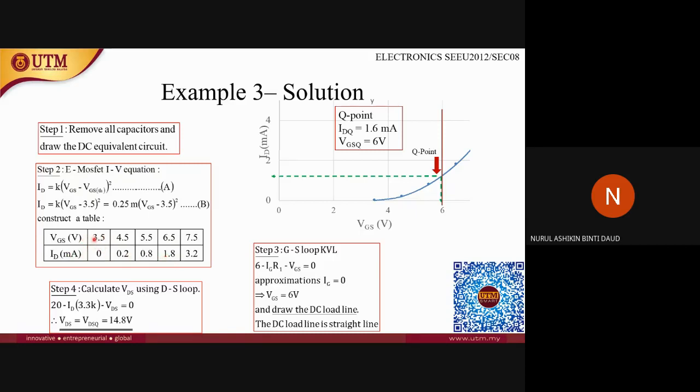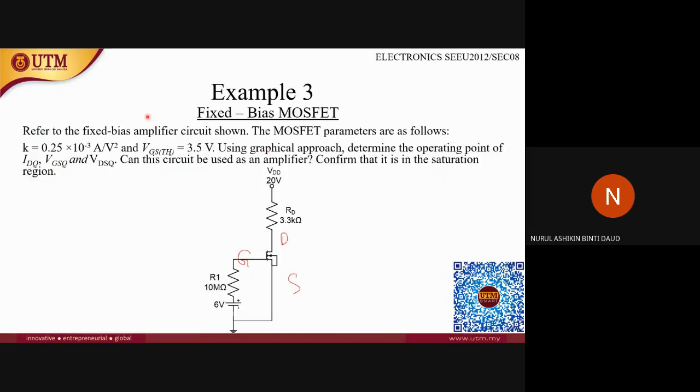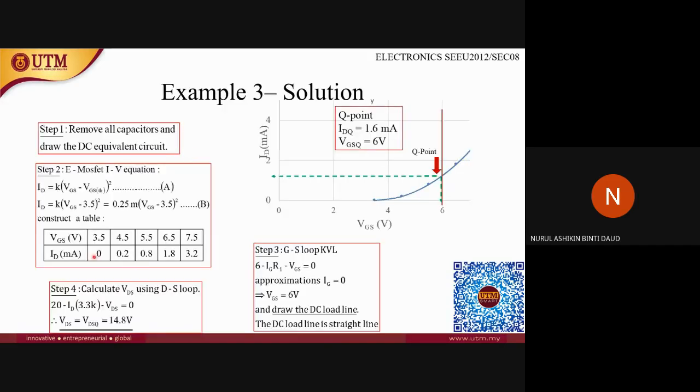So VGS value, start with above 3.5 volts, okay. You need to choose a value above 3.5 volts, because lower than 3.5 volts, the drain current is going to be 0, because the MOSFET is turned on only when the value of VGS is above 3.5. So 3.5 you don't have to calculate anymore, since this is the threshold voltage that turns on the MOSFET. So the ID will be 0